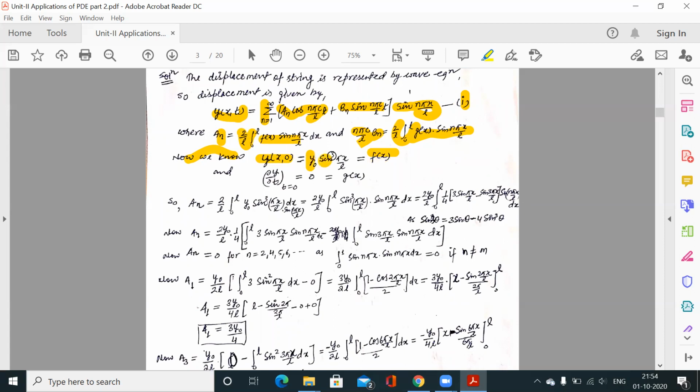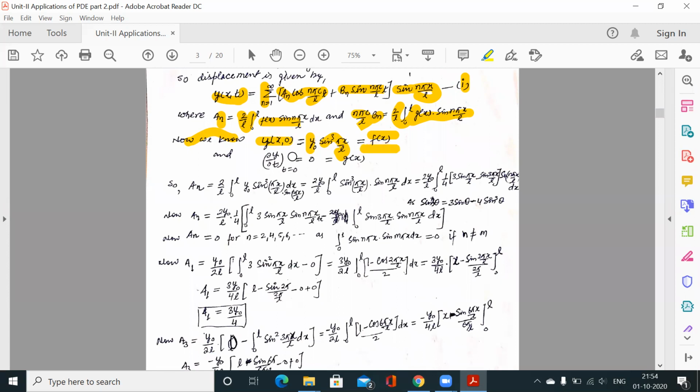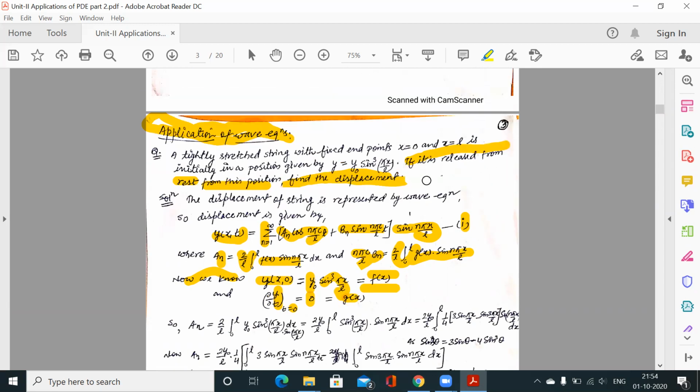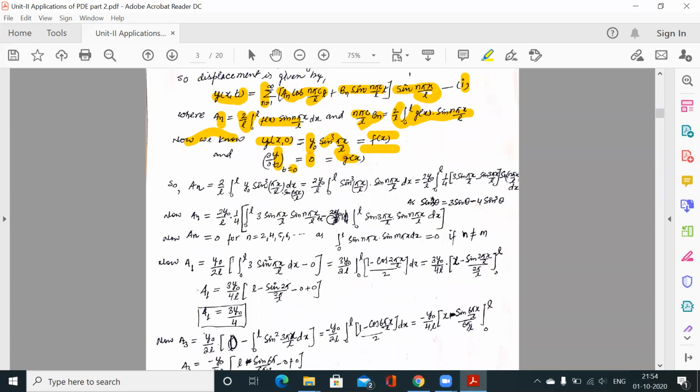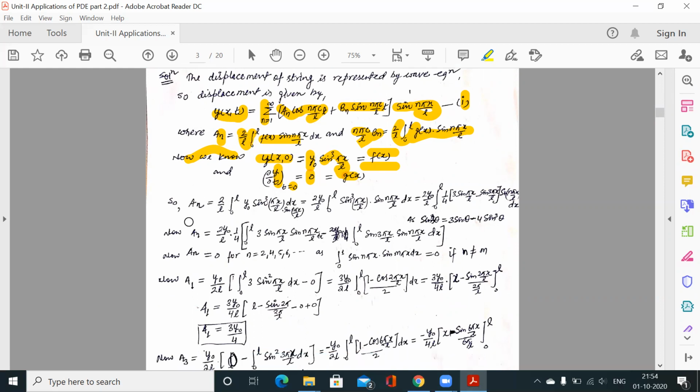This is our objective. So now we know that y(x,0), that means u(x,0), is f(x), and what is given here is y0 sin cube(pi x/l), this initial position. So y0 sin cube(pi x/l) is our f(x), and del y over del t means initial velocity, del u over del t at t equal to 0 is g(x), and it is given 0 because it is saying that it is released from rest from this position, this is the initial position. That means initially there is no velocity. Clear? So g(x) is 0, f(x) is this and g(x) is this. Now we have to calculate these two integrations only, a_n and b_n.